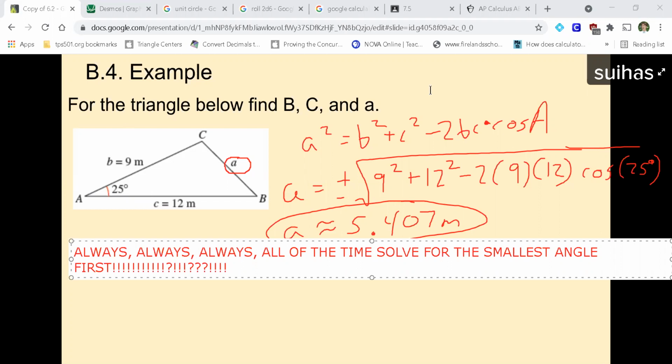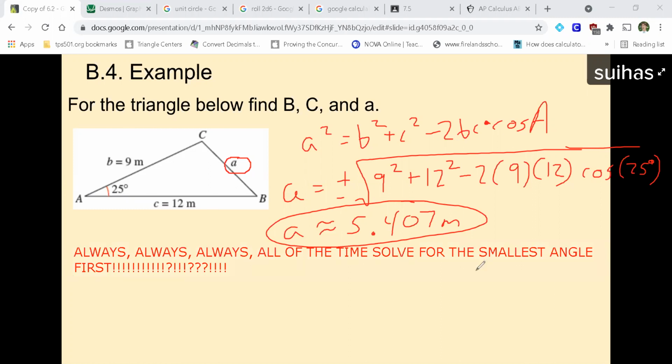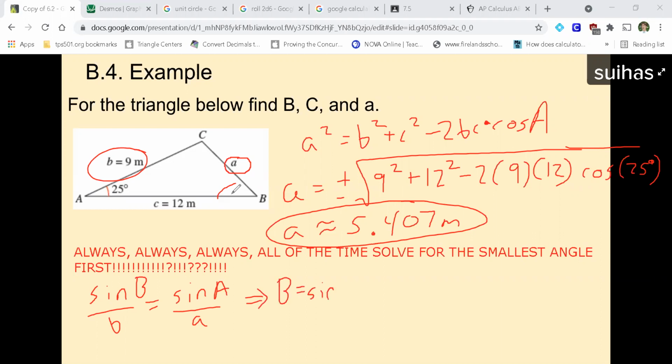Nobody wants to be subjected to that. So always do the smallest angle first. All right, so if we do that, we're going to find B first. So we're going to do the sine of B over B equals the sine of A over A, which means that B is equal to the sine inverse of side B, 9, times the sine of A, 25 degrees, over side A, which we said was